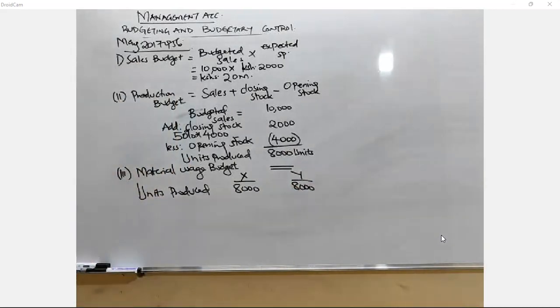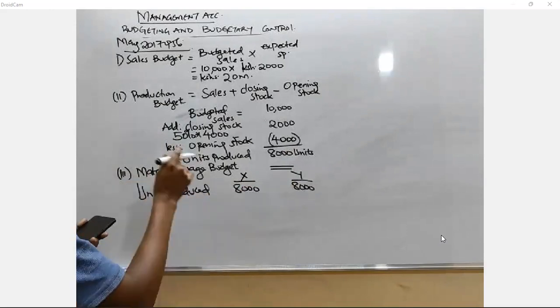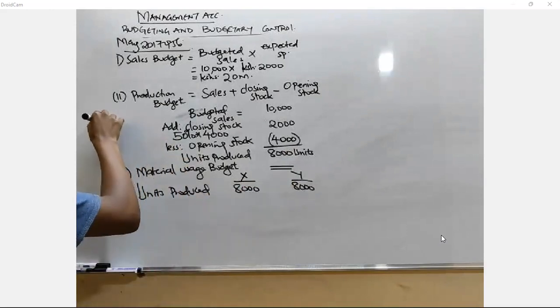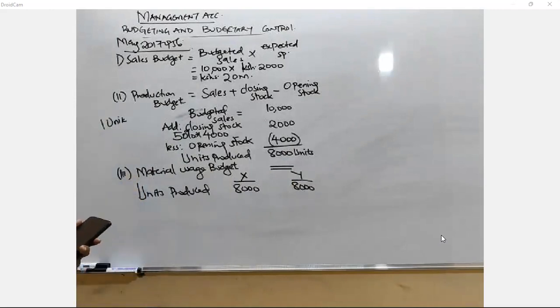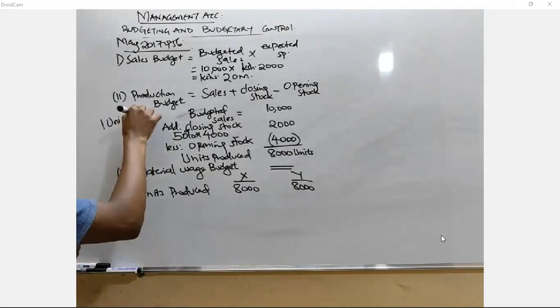8,000 in that case. But when you look at note number 1, we have been told 1 unit of PQ requires two components, namely X and Y. You have seen we have captured that there. But the components are already given. So in simple terms, in that note, the examiner is just telling you that when you are dealing with X, to make 1 unit of PQ, we require 5 components.